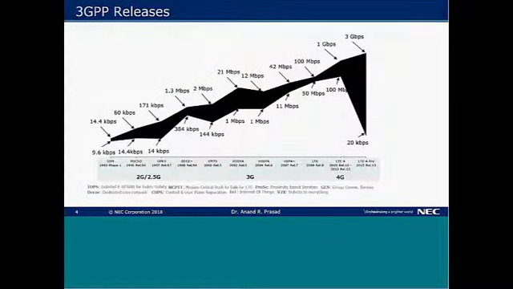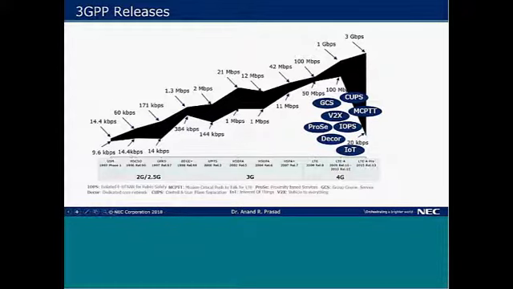Now, let me give something about the releases. In 3GPP, we have different releases. We have 2G, 2.5G, then we came to 3G. We started with release 3, and now we are in release 15, going towards release 16. One thing I want to point out: with every release, we saw a data rate increase, but when we came to 4G, we also saw the necessity of new applications, and thus going to lower data rates as well. And that is where 5G picks up.